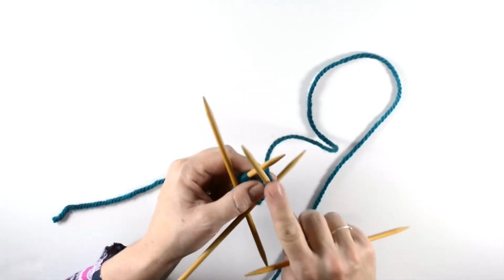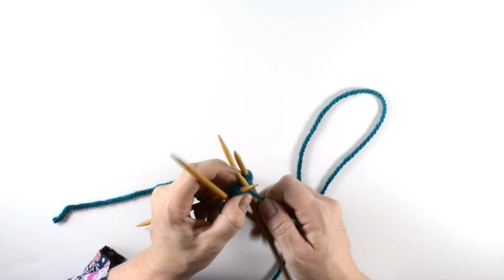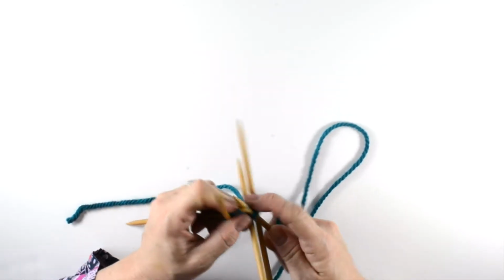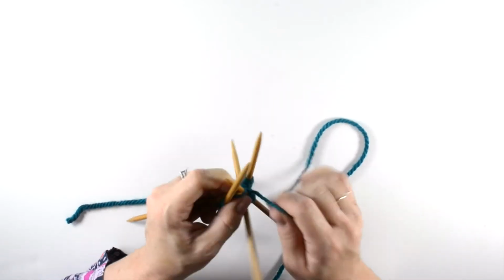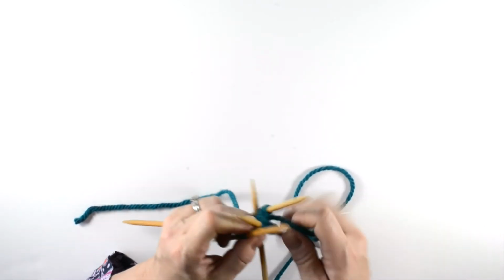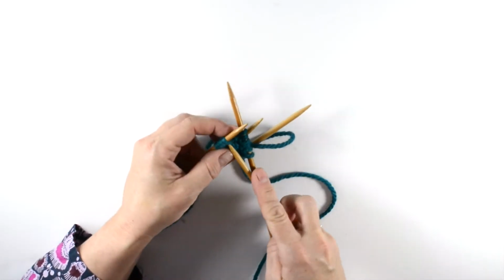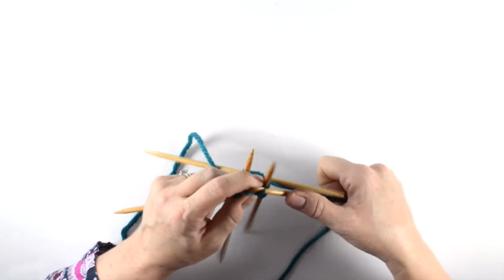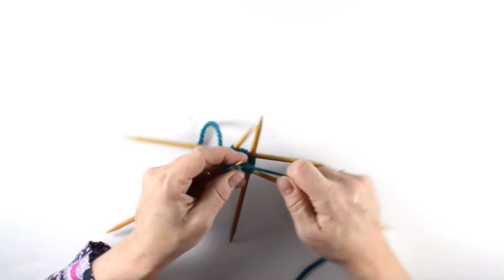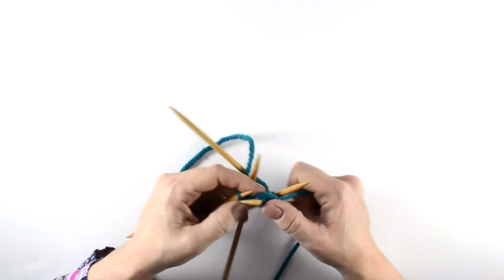Making sure the yarn is coming off the needle that's over here on the right. Working into the needle 1 that's on the left. Knit into the front, knit into the back. Knit 1. Front, knit into the back, knit 1. Onto needle 2. Knit front, knit back, knit 1. Front, knit back, knit 1,